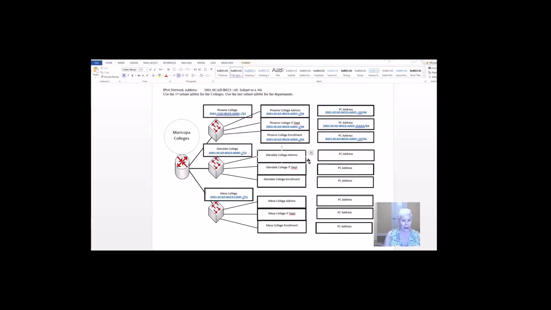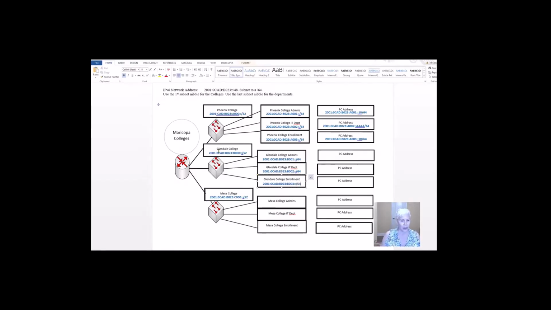Okay, so Glendale, 2001:0CAD:B023:B001::/64. 2001:0CAD:B023:B002. It needs to have a unique network. 2001:0CAD:B023:B003.